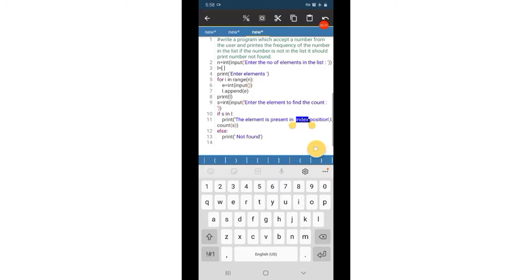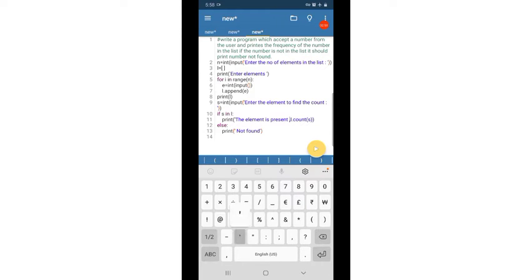If the element is present, we can write n times in this list.